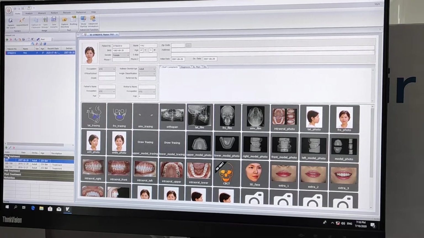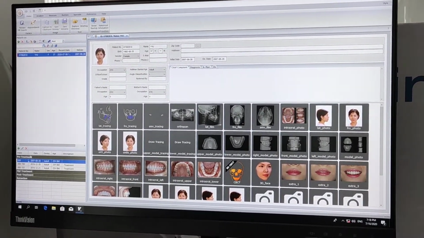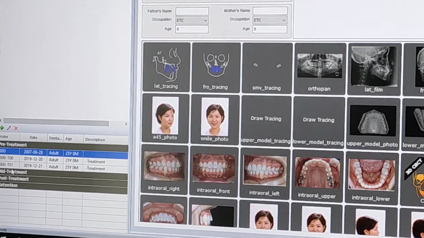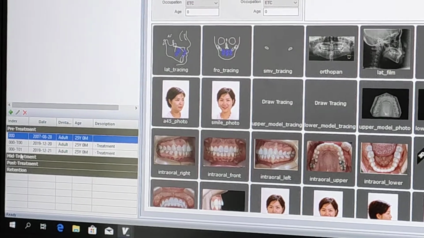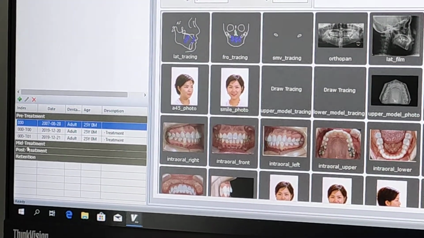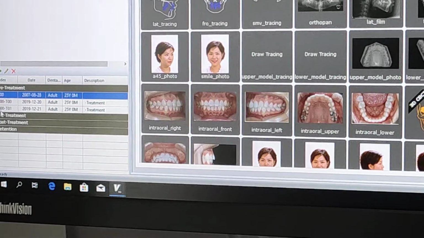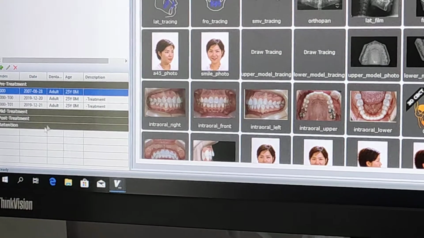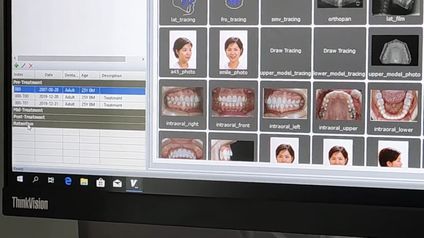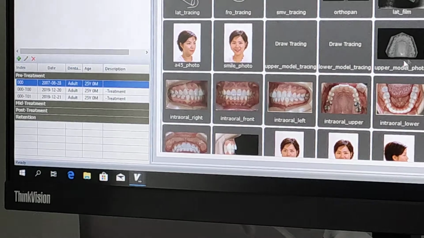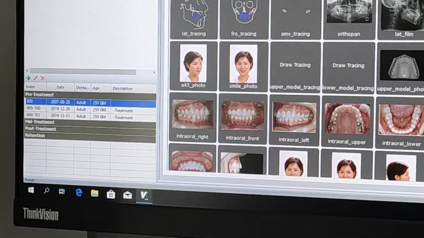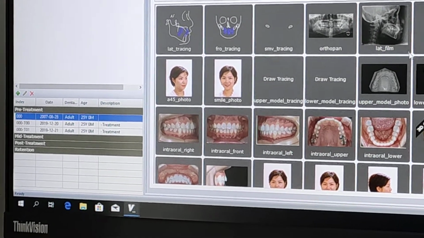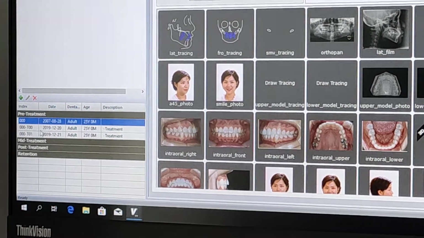Now, if the patient is a new patient, you will put all the necessary photos into the pre-treatment tab. If the patient is undergoing the treatment and currently the treatment is continuing, then you can put it into mid-treatment. If the patient is done with the treatment but has still not gone into the retentive phase, then it is post-treatment, which is just immediately after finishing the treatment. And the retention phase is the phase where the post-treatment everything has been done and the patient is given some retentive appliances to prevent the relapse of the ortho treatment. So this is what you can expect over here.